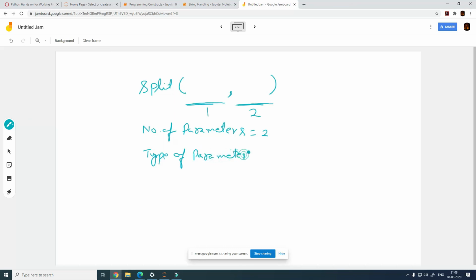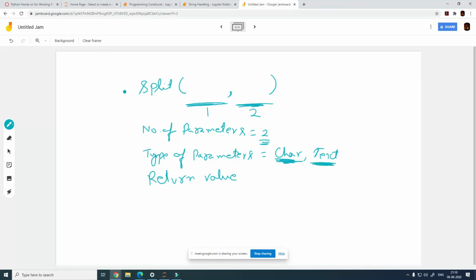What is the type of parameter this is going to take? This is going to be characters. This could be a character, or this could be text. So in the first parameter you need to specify either a character or text, and in the second parameter also a character or text. The third one would be the return value. This is what you pass to the function: 2 parameters, either characters or text.